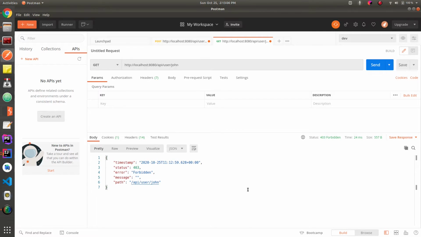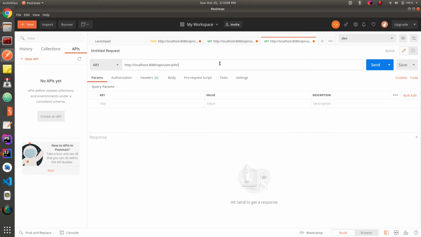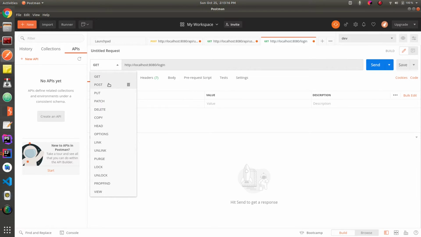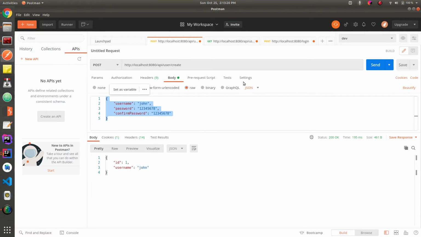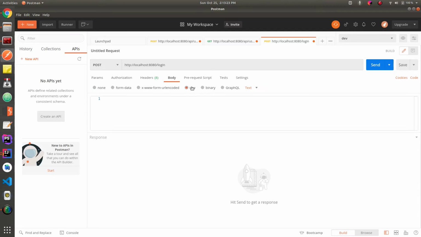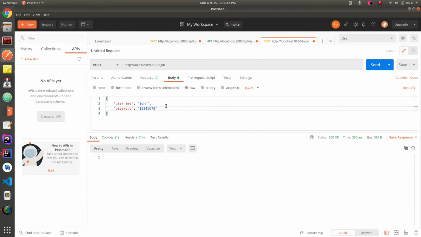As we can see, we have got a 403 forbidden status, which means we are not authorized to use this API. So let's try to log in first. This login is handled by Spring Boot, and we have already added the filters and customized the other configuration files to support this. Now let's call this API, and we have got status 200 OK.